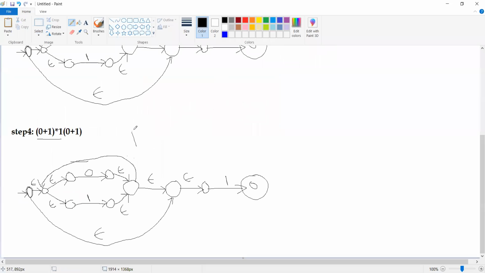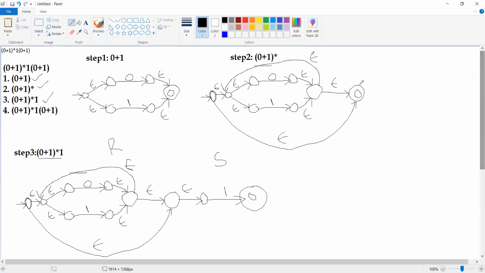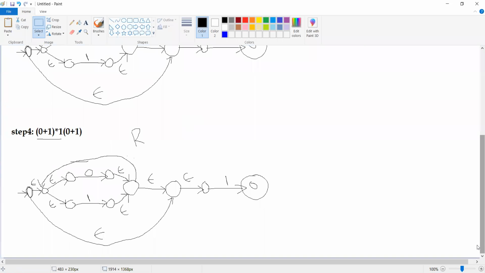So this is regular expression R. Now I think we have already constructed 0 plus 1 also. This is going to be our 0 plus 1. Now I am going to copy this, Control C, Control V. So this is going to be our S. Regular expression R, regular expression S. Now, as we are doing the concatenation, what is the final state of our R expression? This is the final state. Now this final state is no longer going to remain a final state.